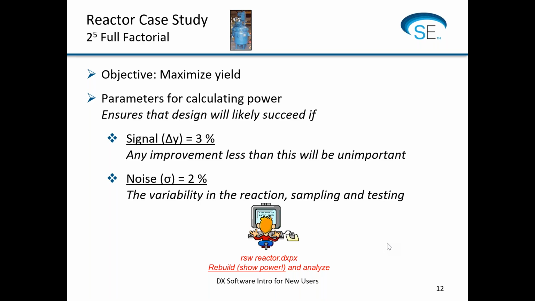Okay, so that's the noise. Now the signal is a little bit more of a decision that we have to take. The signal that we're looking for, the delta Y, we have to make a business decision here: if I'm improving the reaction yield of this system, and let's say it's running about 80%,